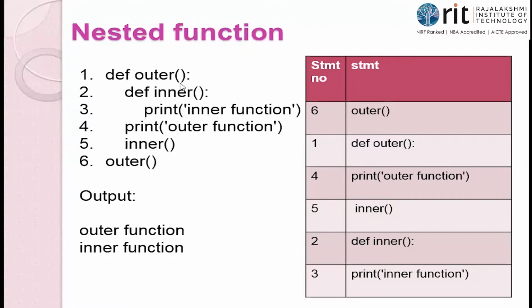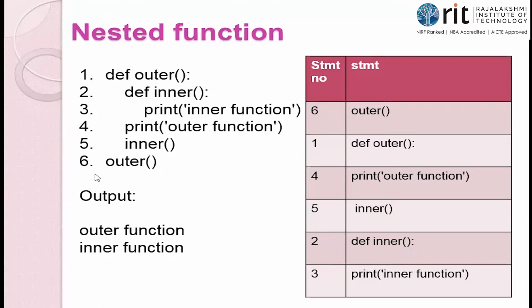So when I have parenthesis or round brackets, it means it is a function, isn't it? So what is the function name? Outer is the function name. A colon should be there because it is a structure. So I'll proceed with the definition now. Colon is there and I have placed 4 lines inside the outer definition, so line numbers 2, 3, 4 and 5. These are the 4 lines that are placed inside the outer function definition.